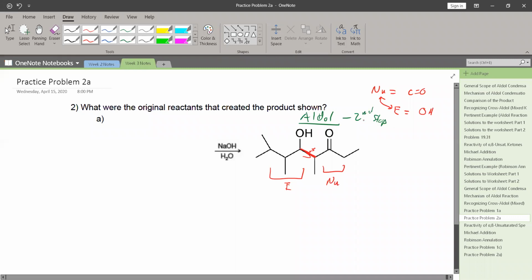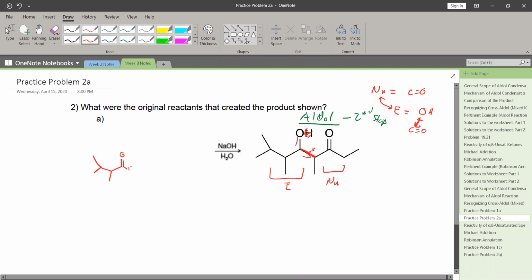Now, going backwards, remember, our C double bond O turned into an OH. So we have to turn this OH back into a C double bond O for our original product. So taking out the H, adding a double bond O,